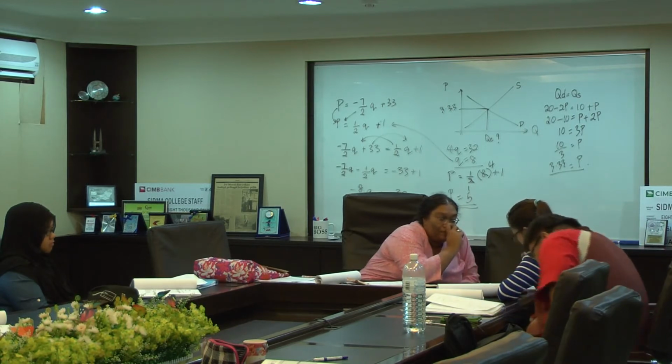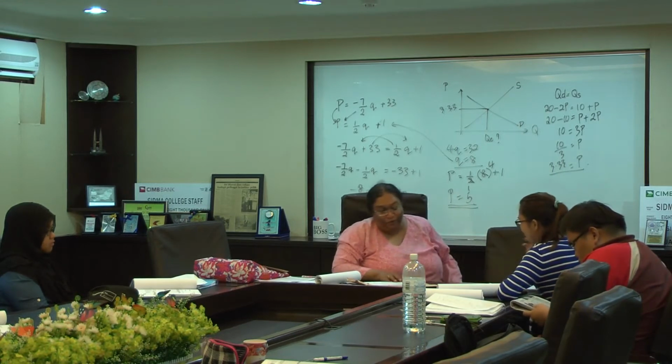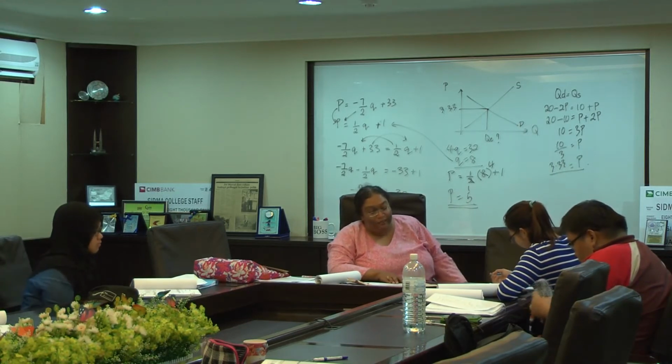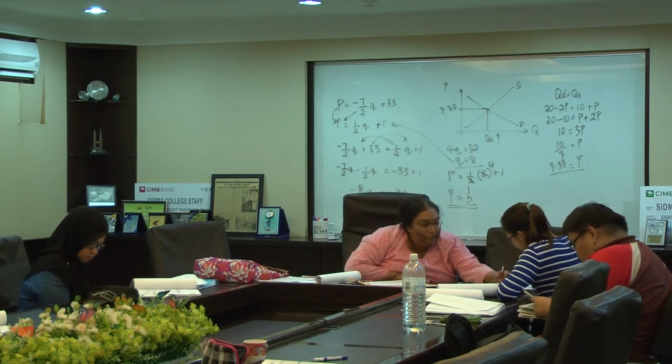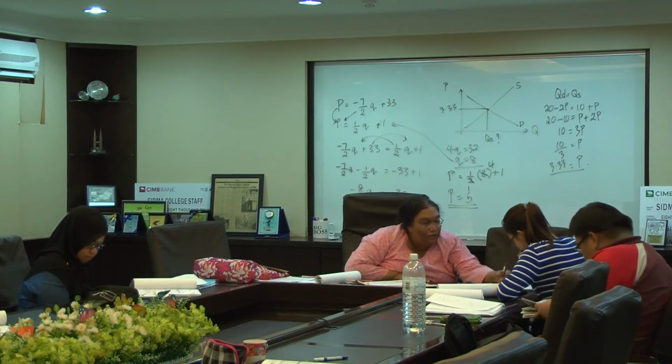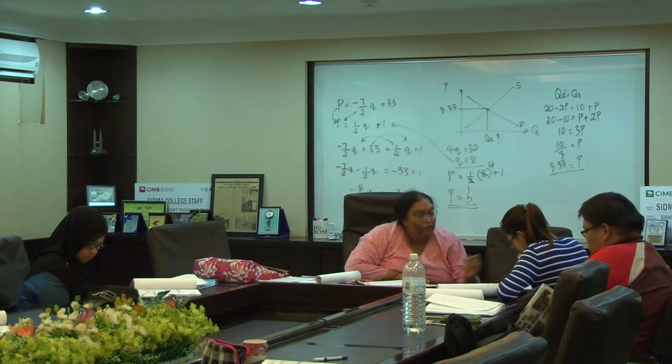Was it positive? Was it positive or negative? I think it's negative 400, right? Yeah, negative. This is negative. This is negative. So it's negative. Hutang 300 ini, hutang 100 ini. Okay, what is negative and negative? You can cancel. What do you get?